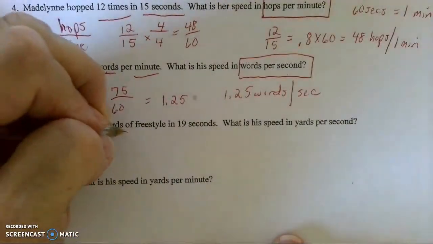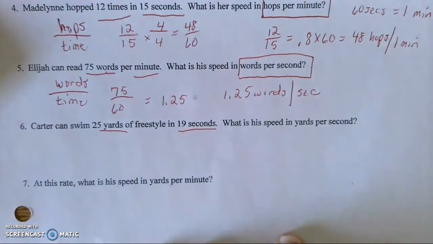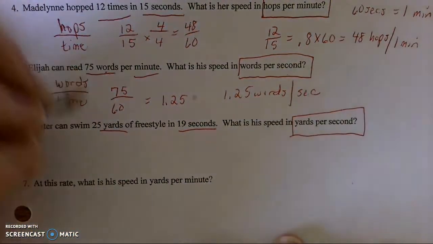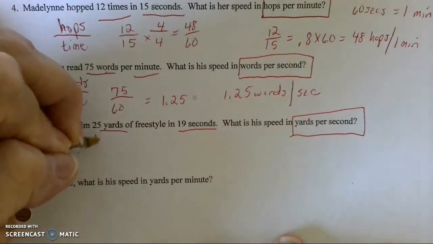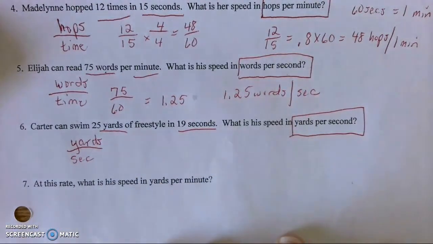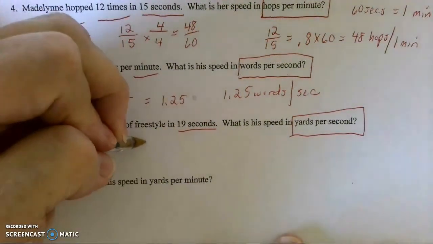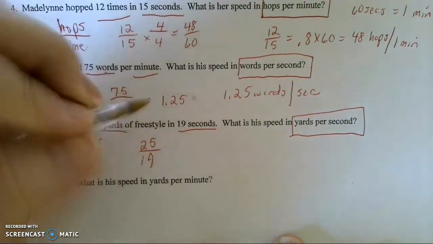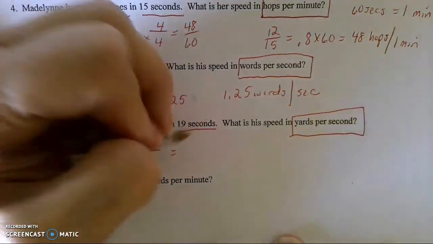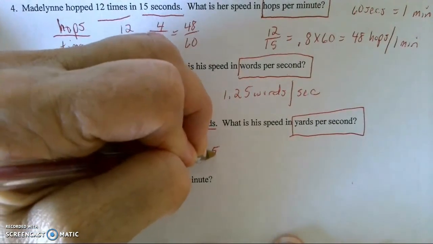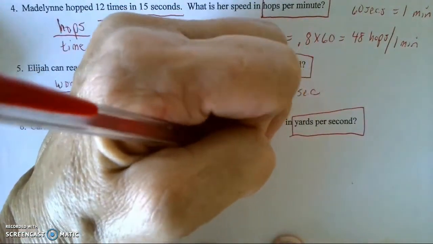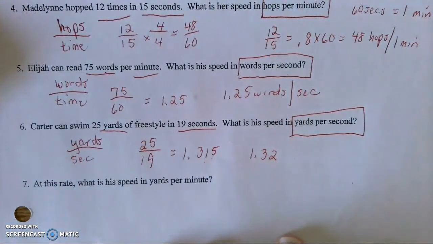Okay. Number 6. Carter can swim 25 yards of freestyle in 19 seconds. What is his speed in yards per second? So again, yards over seconds, and they use seconds on both, so I'll just use seconds there. 25 over 19, divide 25 by 19, write 3 decimal places, so 5 next to the 1, so I'm going to round that to 1.32